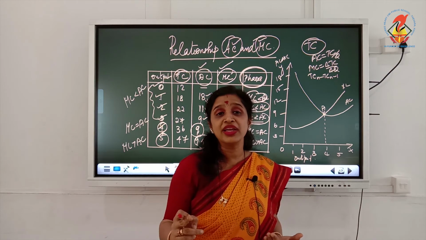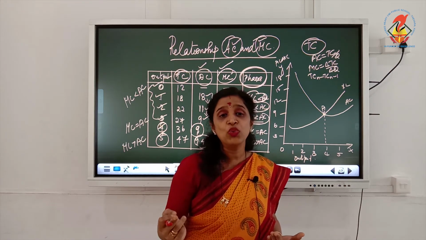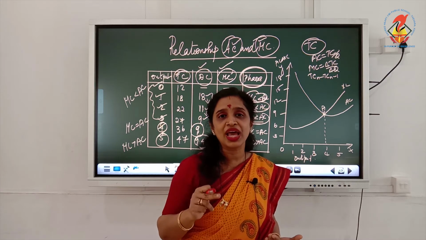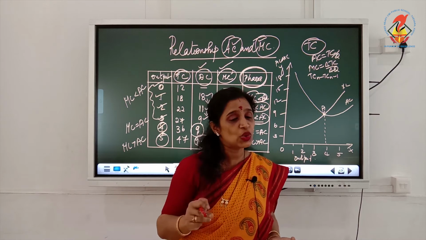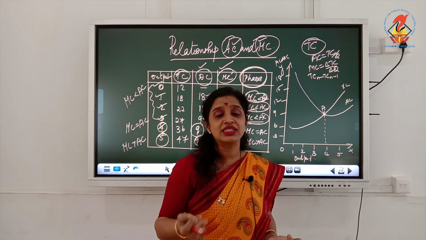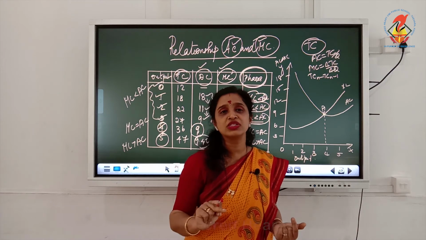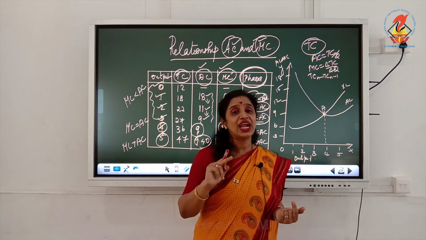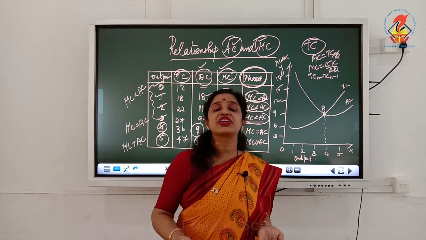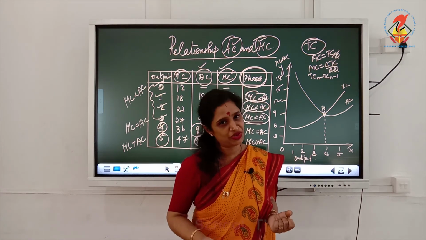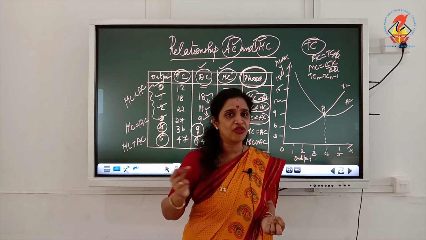What is the reason behind that? The reason is any change in the addition will affect the per unit or average cost of a firm. So that is why so long as MC is less than AC, AC will fall, because additional cost, its variation will clearly affect the per unit cost. So long as MC is less than AC, AC will fall.